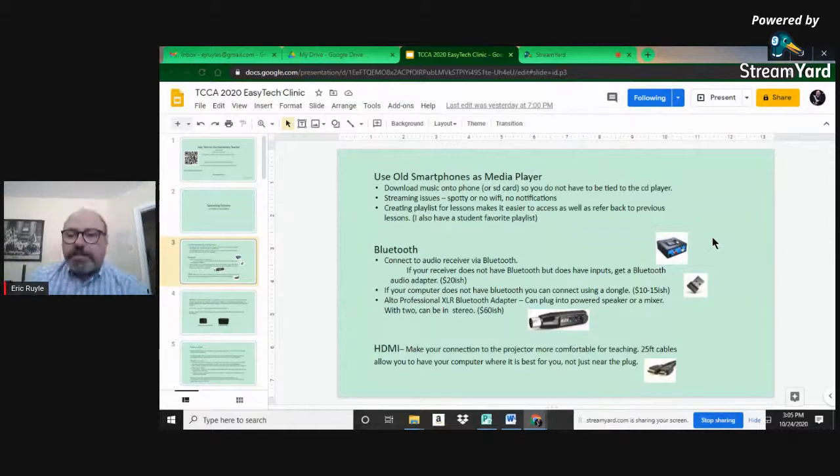If you have a stereo that doesn't have Bluetooth, you can buy little adapters. Here's one like that. It's about 2 inches square, believe it or not. You can buy it from a variety of makers. They're about $20, and you just hook it up, and it'll receive Bluetooth, and you can plug that into your stereo or something like that. So then you can stream from your media player right to your player that doesn't have Bluetooth.